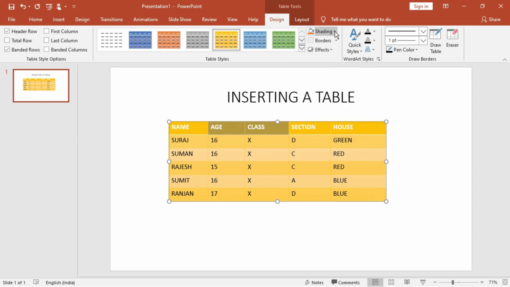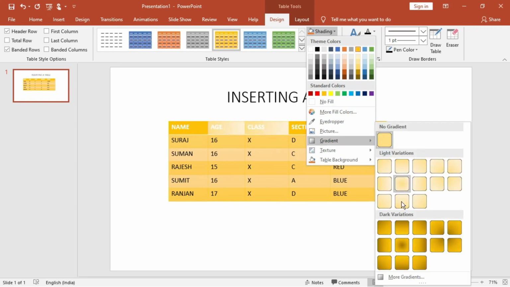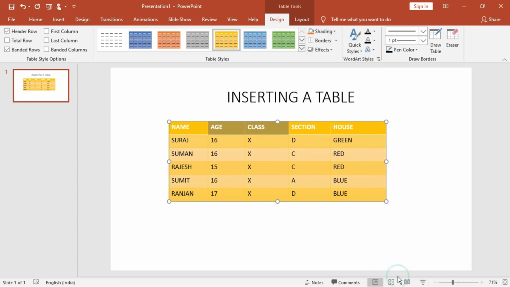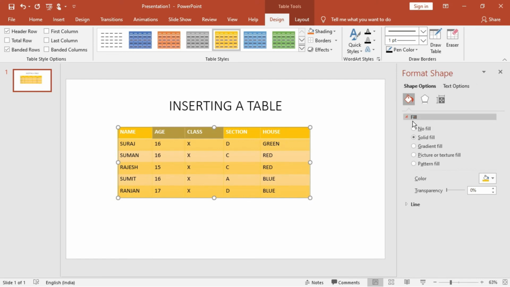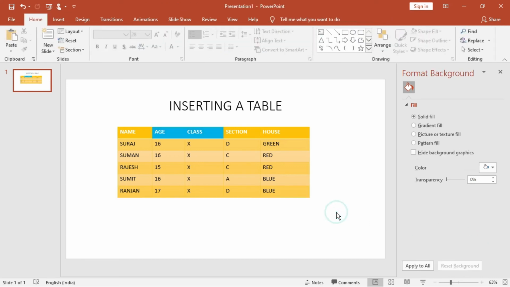All right, table shadings, if I'm going over there. Now you see table shadings, you can do eyedropper, many things are there. Gradient is there, you can see any type of gradients, and more gradients you can find out. Some more gradients have come out over here. You can select more gradients from here. Suppose I'm taking this one, I like this, so I've done it this way. So these two things have been changed out here.